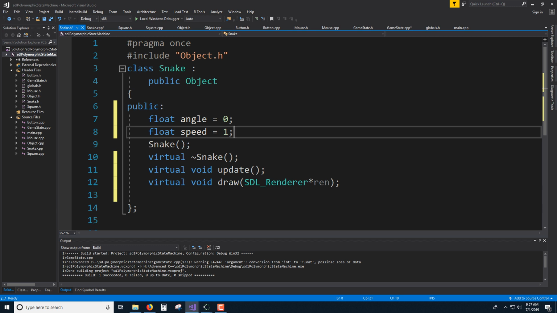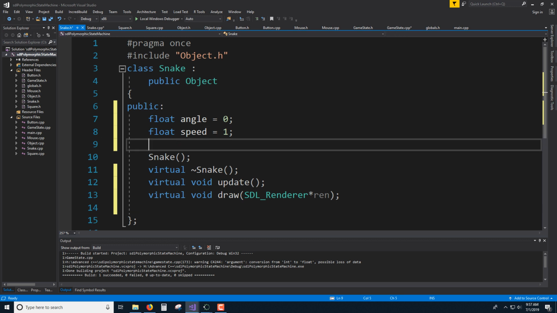Our snake might have, it might be important to have a grid or a square, like the snake is on this square. I don't know, I'm going to put it as a comment because I'm not sure I want to do that, but